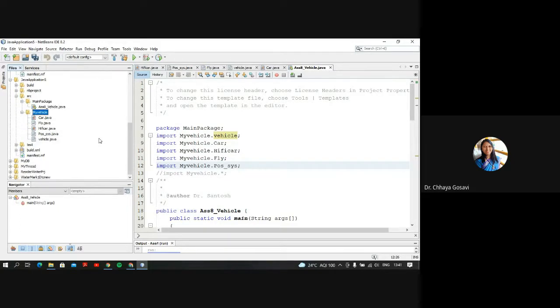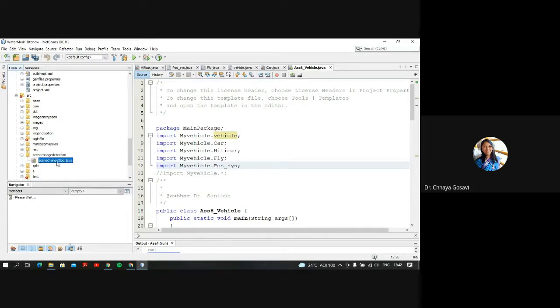I can show you my project. So for each module, you can create a different package. For example, here it is scene change.